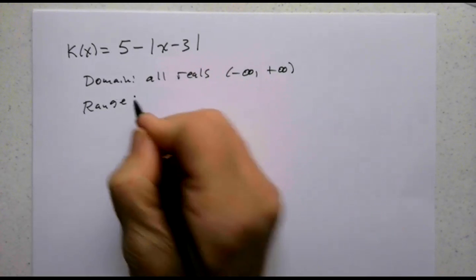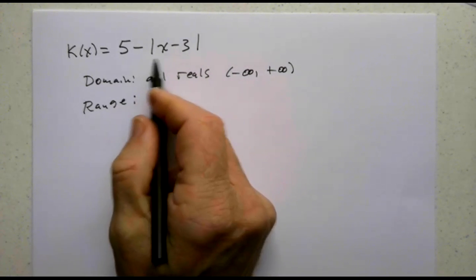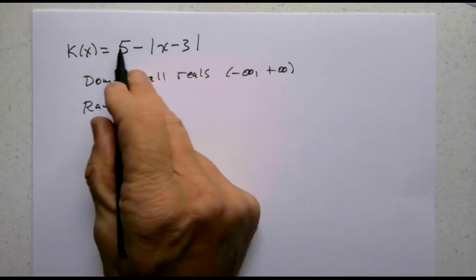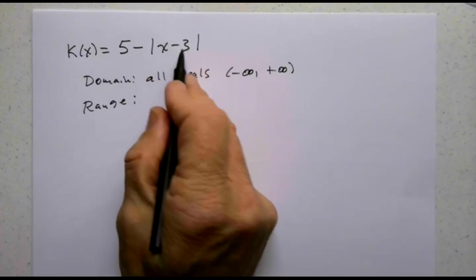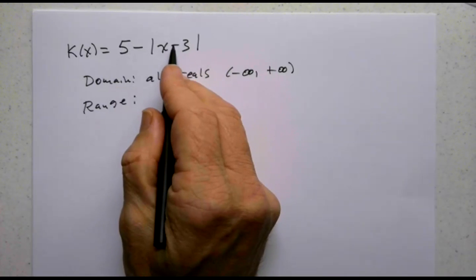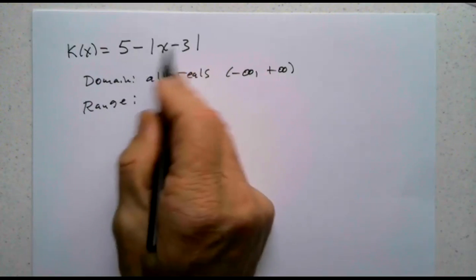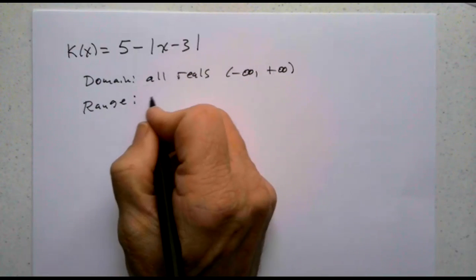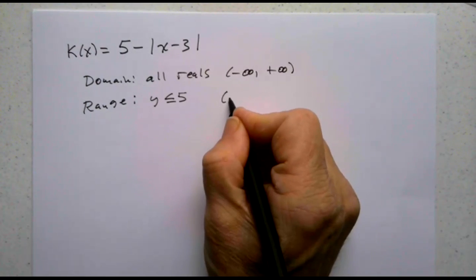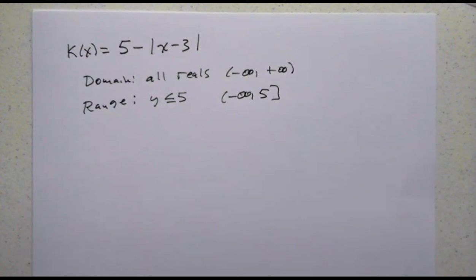Well, how are we going to handle the range? How low does it go? How high does it go? Absolute x minus 3 is a positive number. 5 minus a positive number is something smaller than 5. It could be 0, but it can get all the way up to 5 if it's 0. But if it's anything other than 3 here, this value is not 0. It's 5 minus something positive, which makes it smaller than 5. So my range would be y is less than or equal to 5, or negative infinity to 5 is what